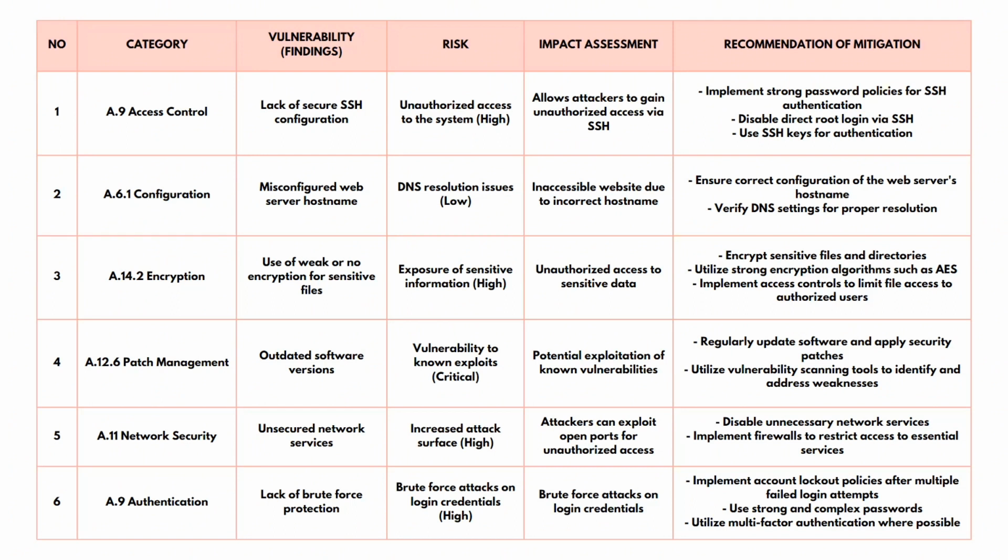So now I will continue with the third category, which is encryption. For encryption, our finding is use of a weak password or no encryption for sensitive files. So the risk is high due to exposure of sensitive information and unauthorized access to sensitive data is the impact assessment, and the recommendation of mitigation is encrypt sensitive files and directories,